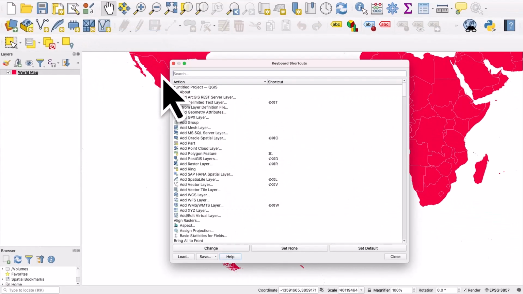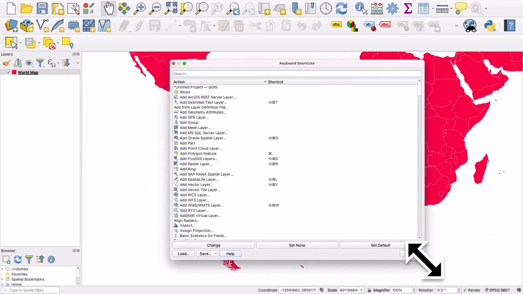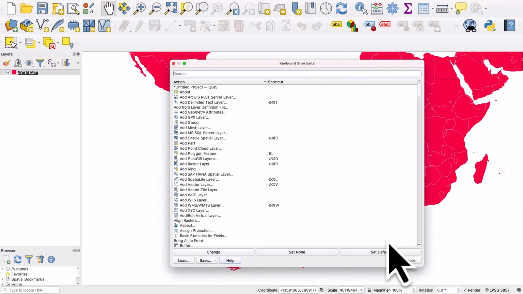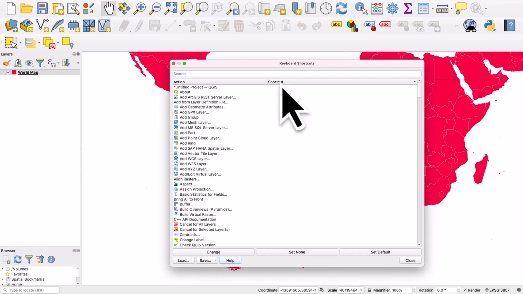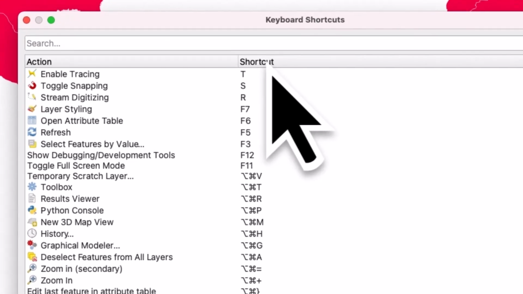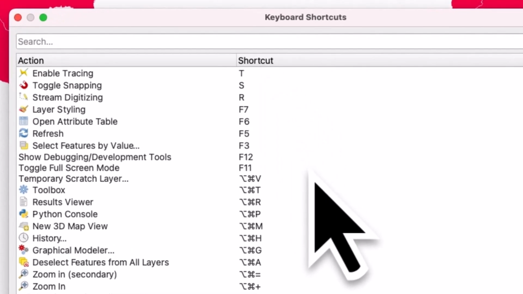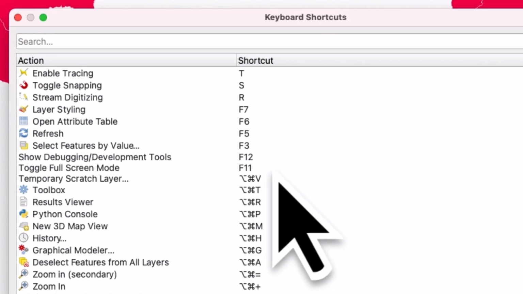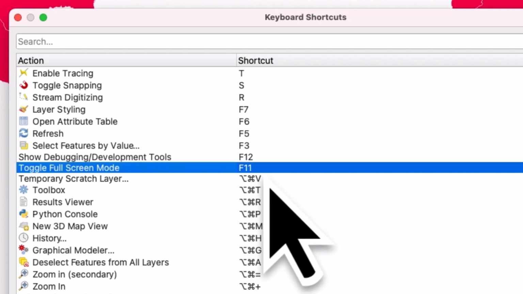When you open this up, you'll see probably a smaller window, so make it bigger so you can see more of it. And then you'll see an action list on the left and the shortcut for that action on the right. If I click shortcut once and then again, it's going to sort the shortcuts, so we'll see all the assigned shortcuts for different actions. And on the Mac, for example, toggle full screen mode is F11,